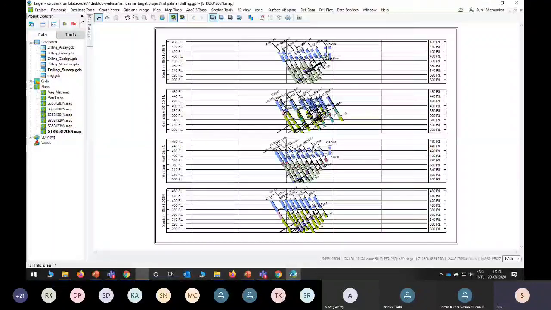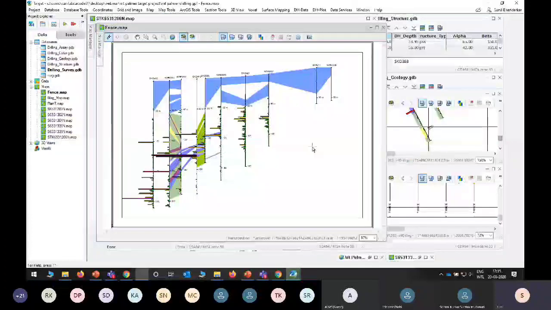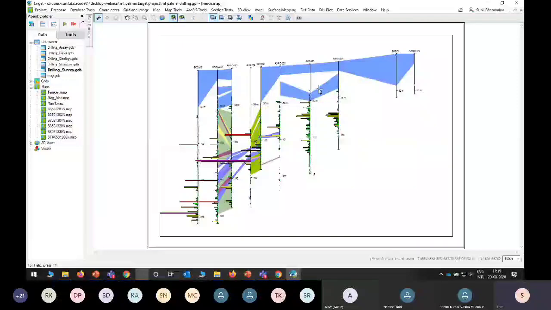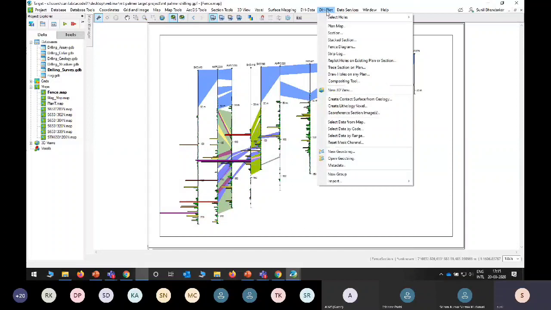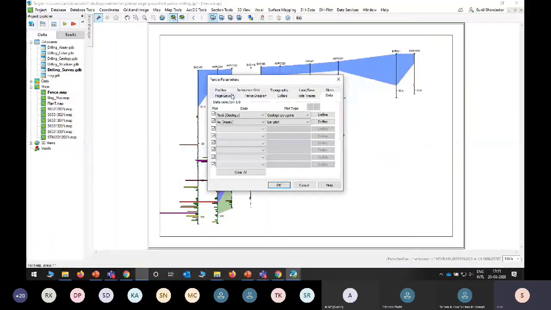Now you can see the fence diagram. Here you can see the correlation between the lithology. Actually, in these boreholes you can see they are very small depth, and you can see the trend of mineralization easily. So accordingly, we can create a fence diagram, and there is an option of north arrow and all. I think I didn't check it.